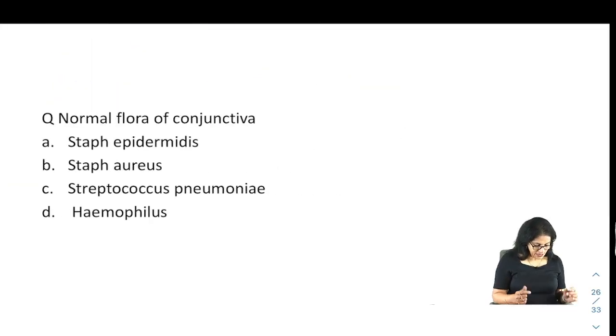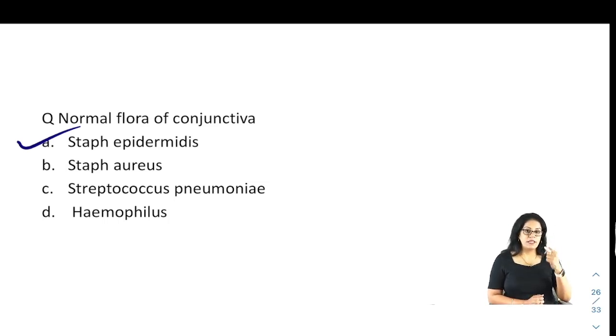Okay. Then we come to normal flora of the conjunctiva. Conjunctiva, cornea, normal flora is always Staph epidermidis. So you have to answer Staph. Staph epidermidis you also learn, and that is why it is the most common cause of acute onset